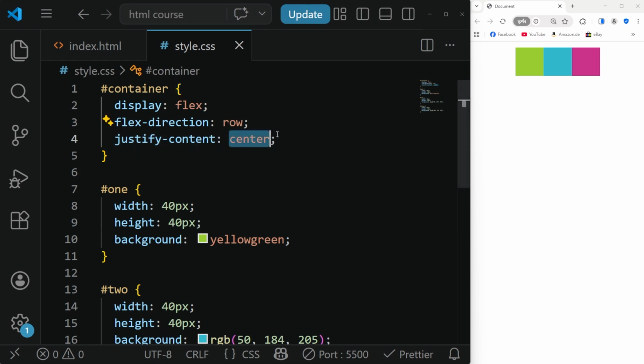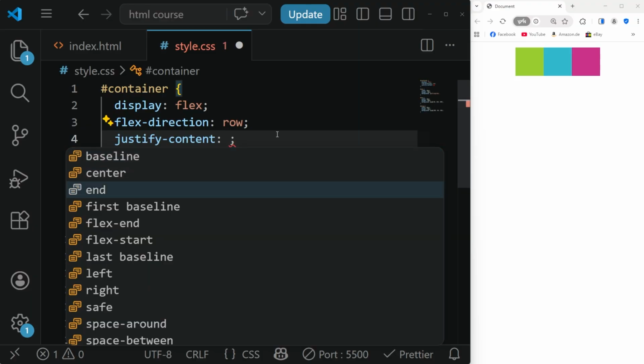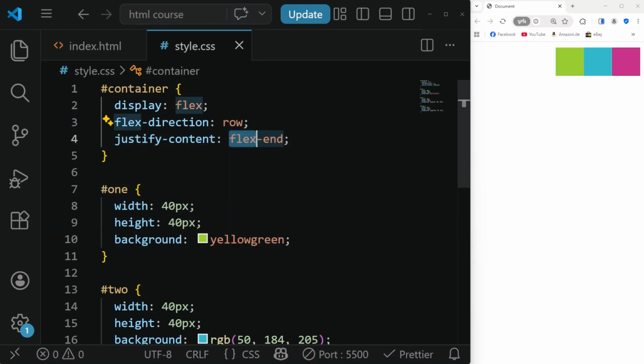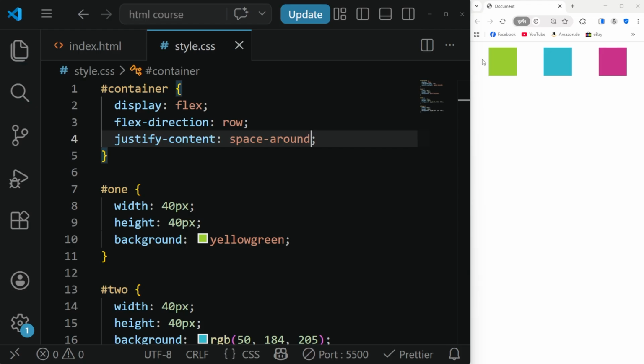We can also use justify content of flex start, for example, like so, or flex-end, like so. This will arrange the items to the end or the start. Now you can also have space between the items by using space between, for example. And this will add space between the individual items. At the moment, you see the left item is arranged to the left and the right item is arranged to the right. So I can also use space around, and this will add space around all of the items. So left and right will also have a little bit of spacing then. So you can use justify content, center, flex start, flex end, space between or space around to create spacing along